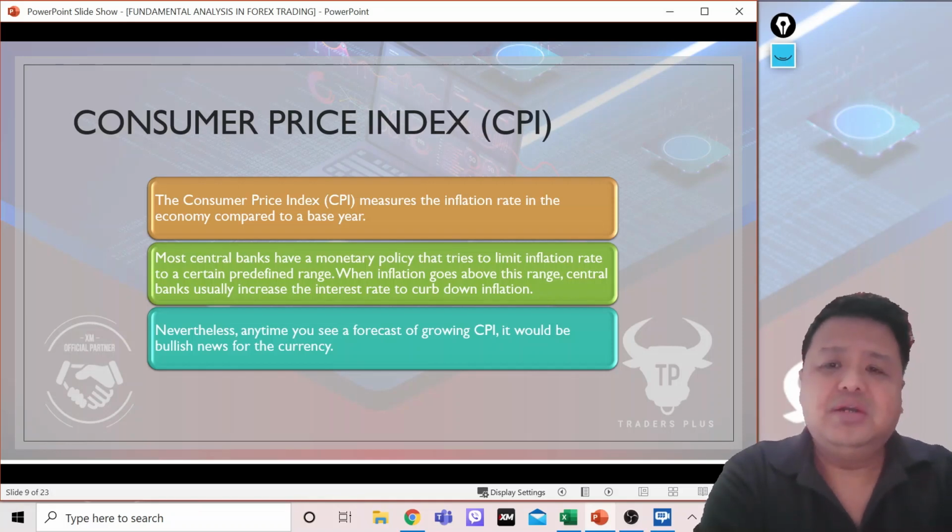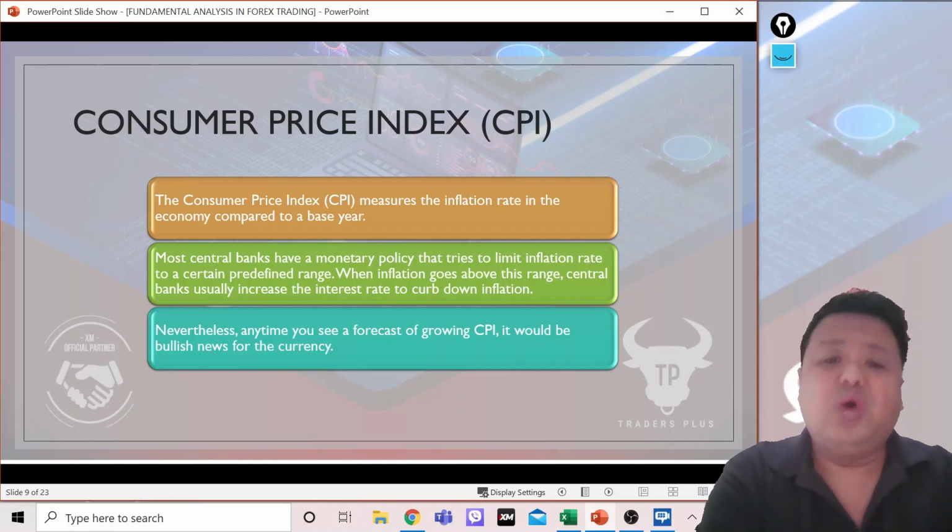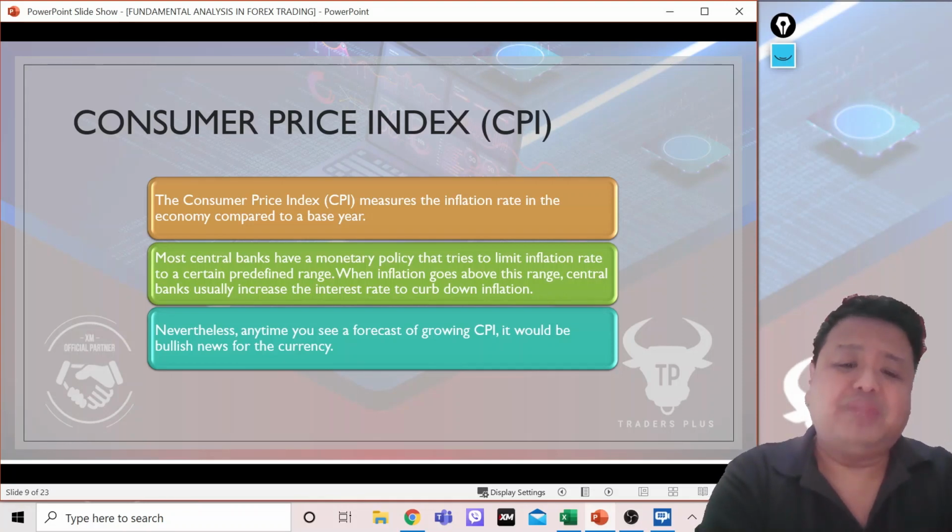So, halimbawa, in the Philippines, for example lang, ang inflation target is 2 plus minus 1%. Okay? O kaya 3 plus minus 1%. So, pag sinabi mo nga, example, 2 plus minus 1, 2 plus 1 is 3%, 2 minus 1 is 1%. So, ang range is 1 to 3%. So, if your inflation is within that range, 1% to 3%, you are within the range. Okay lang yun. Okay? Now, if you go above the range or the target, then that is read as tumaas, no? Yung inflation above target.